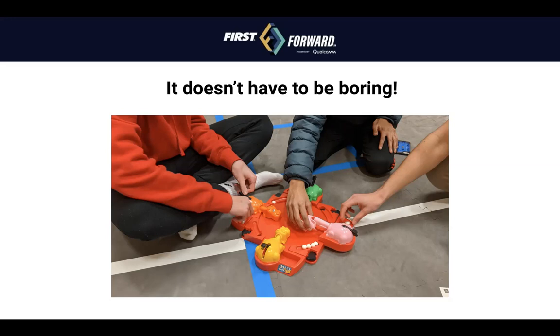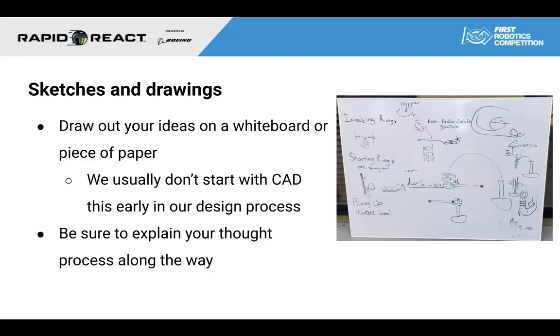All right, sketches and drawings. Sketches and drawings play a crucial role in the development of your robot. Drawing out your ideas allows you to paint a precise picture of what you want from your robot. In addition, this will also help other people understand your thought process and how to contribute to your blueprint or theirs. Now, our team usually doesn't use CAD this early in the design process, and you're probably wondering why,